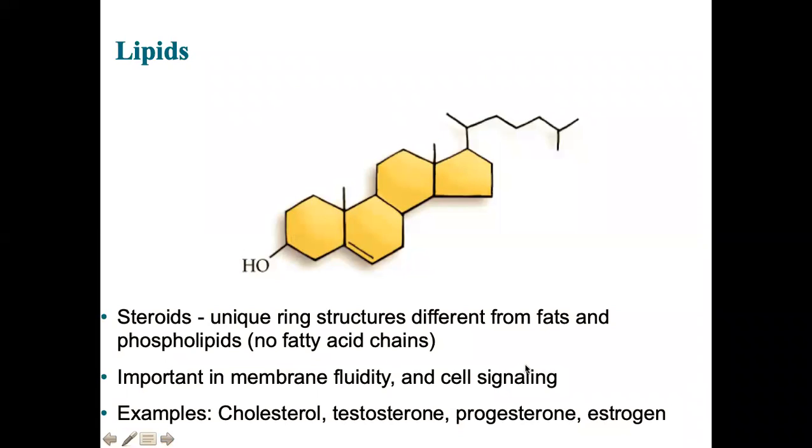All right, steroids. Steroids are going to be recognized because they have those rings. And, you know, sugars have rings too, but you're going to see the rings connected side by side like this. And you're often going to see a ring that has only 5 carbons, so it looks like a little house instead of 6. These guys are important for membrane fluidity. I just kind of mentioned that. Cell signaling. So hormones is signaling. It's communication between cell to cell. So that's steroids' jobs, or some steroids' jobs, things like testosterone and estrogen.